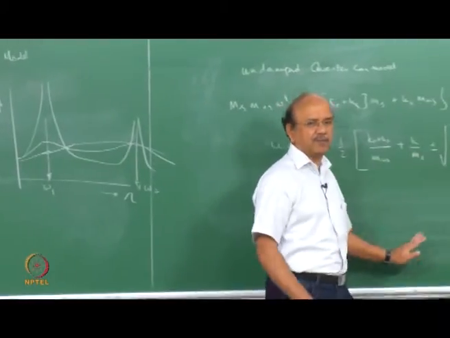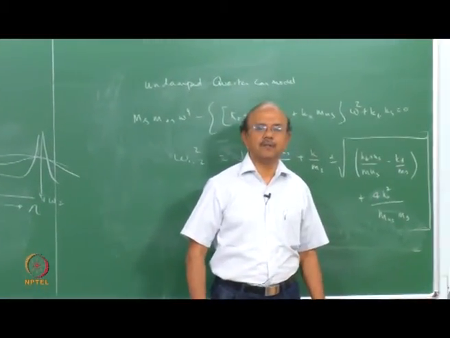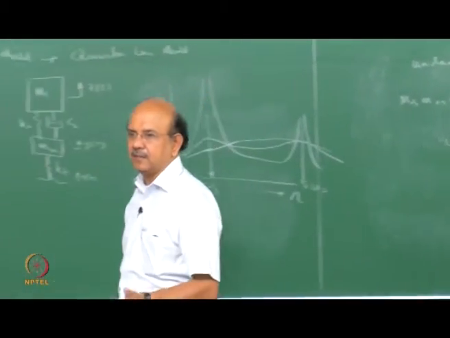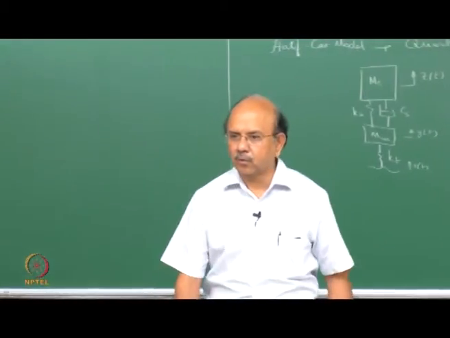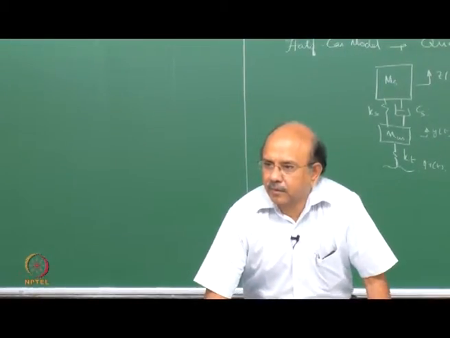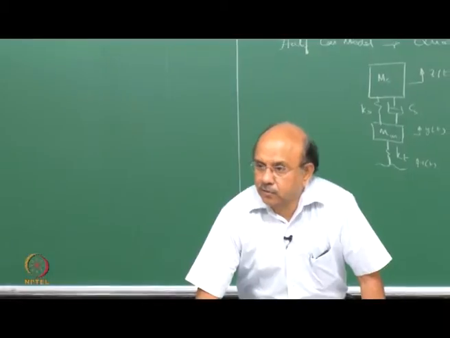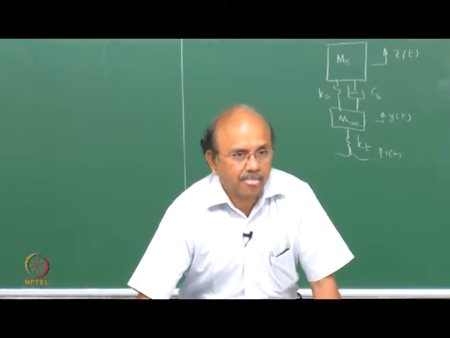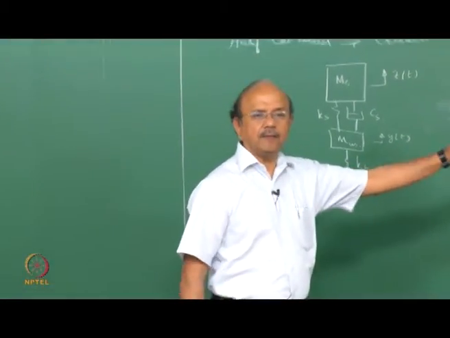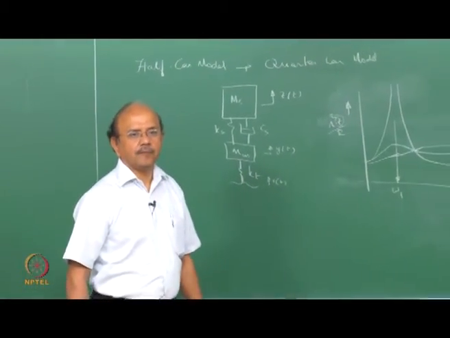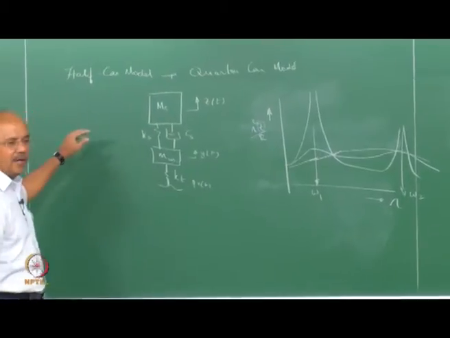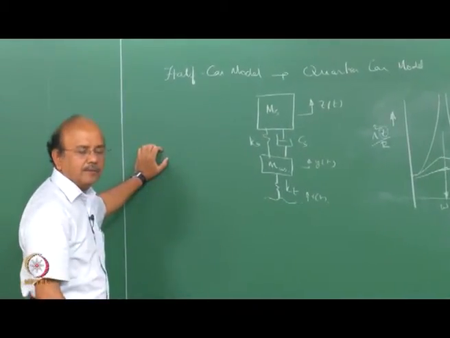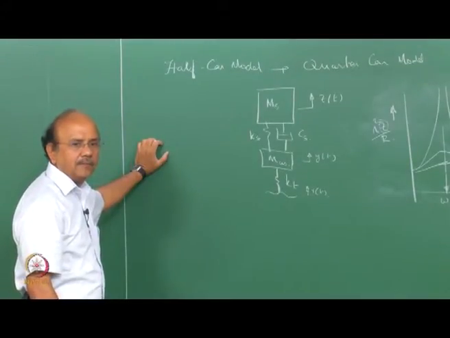I'm not very happy with that expression. It's too long. Let's do some simple tricks, immediately get the two natural frequencies without much effort. As I said, you keep on assuming, conscious of the fact that my assumption will not affect my results. This is the standard technique, fine. But can someone suggest how else can we do it? One is to do a mathematical geometry there.